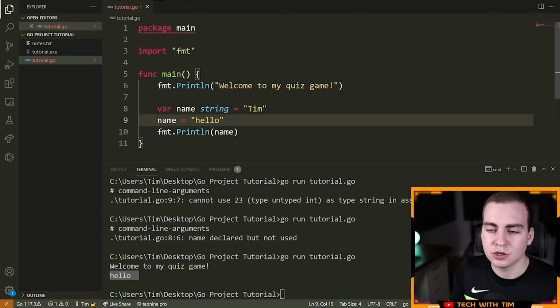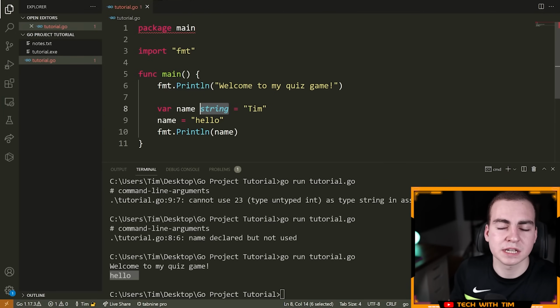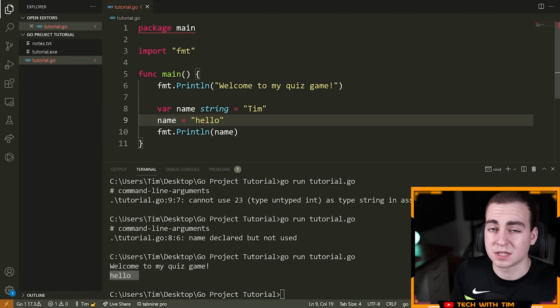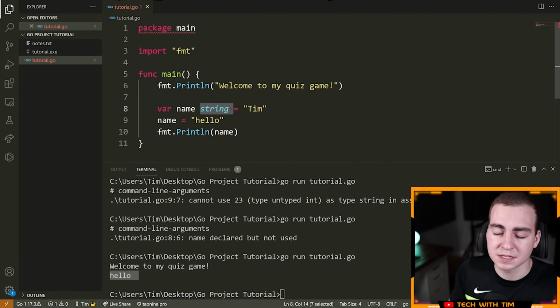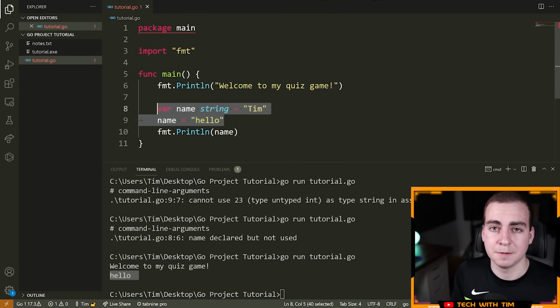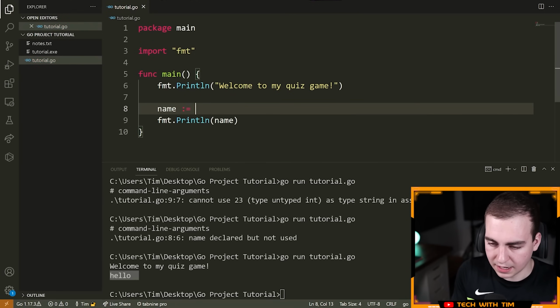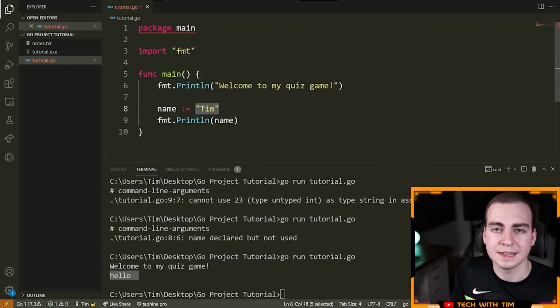Now the thing is, in Go, they realized that it can be really annoying to have to define the type of every single variable that you make. And sometimes it's not so easy to actually pick what this type is. It could be very complicated. So that's why they have another way to define variables that implicitly defines the type for you. So this is the following syntax. Name colon equals, and then something like, let's actually just go with a legit name, which is Tim. So this syntax right here, the colon and the equal sign, is actually going to implicitly guess what the type of this value is right here,